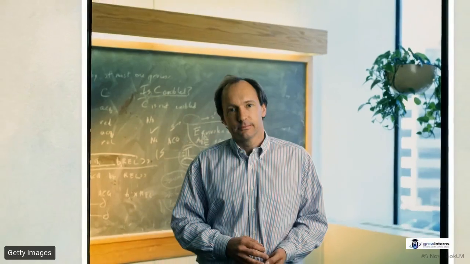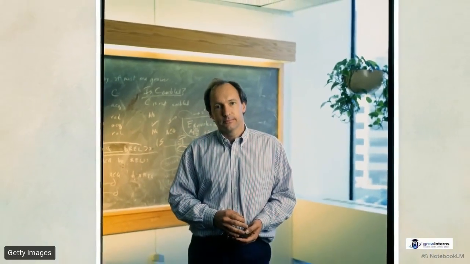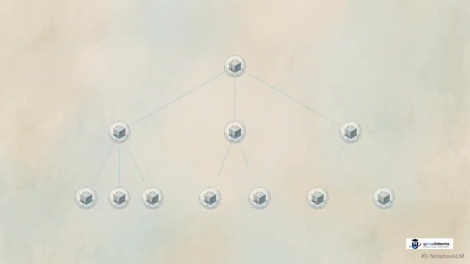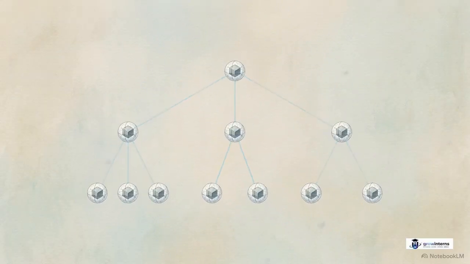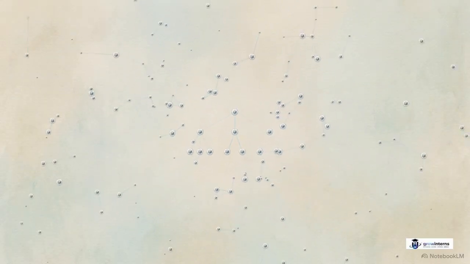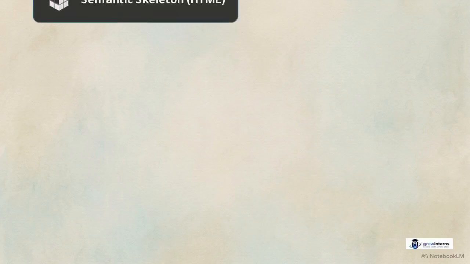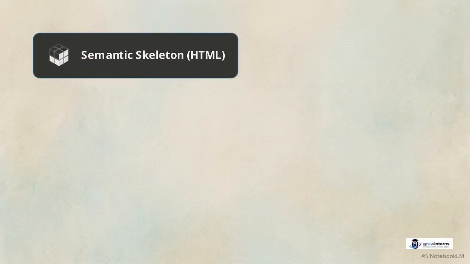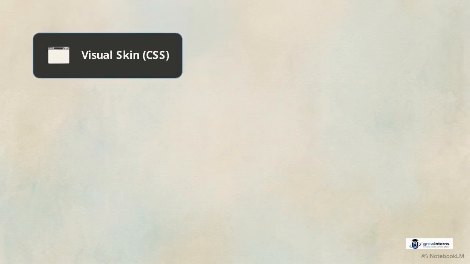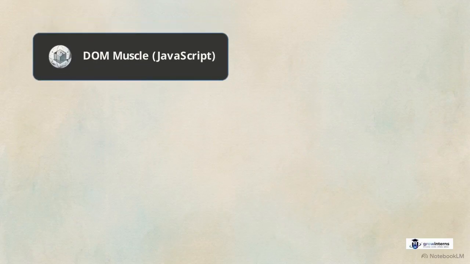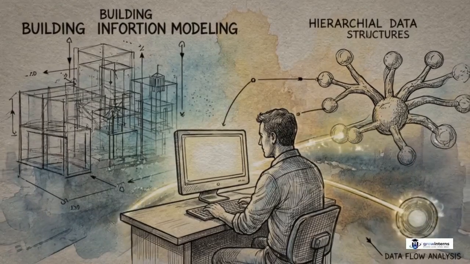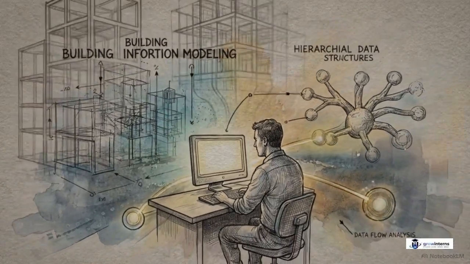In the early 1990s, the web faced extreme limitations. Upgrading from simple text documents to a programmable structure was the necessary evolution that allowed the internet to scale. After 28 days of immersion, the focus shifts toward the engineering of a dynamic interface. It is a deliberate system where HTML provides the semantic skeleton, CSS paints the visual skin, and JavaScript flexes the DOM muscle. Memorizing the visible tags is the easy part. Mastering the invisible structure underneath is how you master the